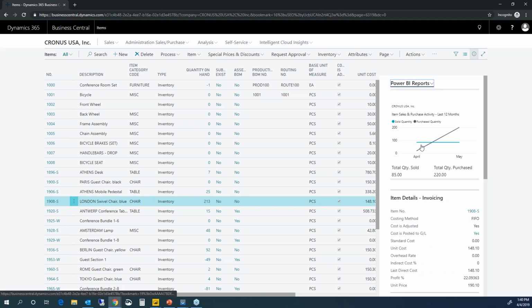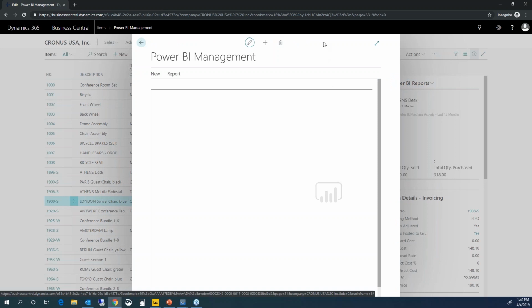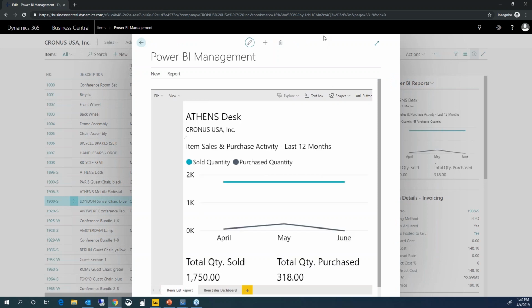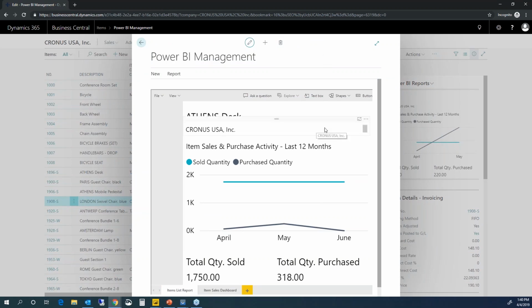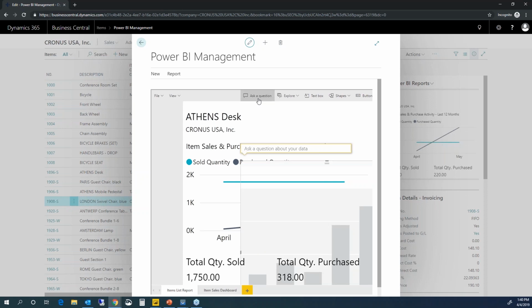So I'm going to go to Manage Report, and I hit the Manage Report button, and still I'm working in Business Central, not in any other application, but it's going to bring me a bigger version of this, and then I can start to interact with this report. If this was more complicated than the sales history of this particular item within our organization, I could ask a question. Let me ask a question. Here, they're suggesting... The natural language search is something that people love about Power BI, and it's supported through